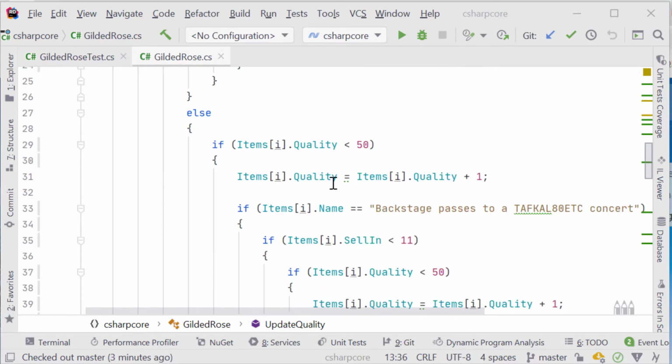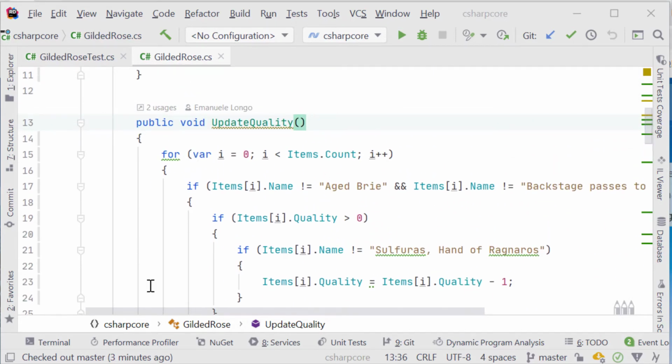So we would like to be able to test this method, but since it's so huge, it's going to be quite difficult to reason about. So we would like to break it up into smaller pieces to be able to test it individually. But the danger of doing that manually is of course that since we don't have a test harness, we have no way of knowing if we introduce errors while we do this refactoring.